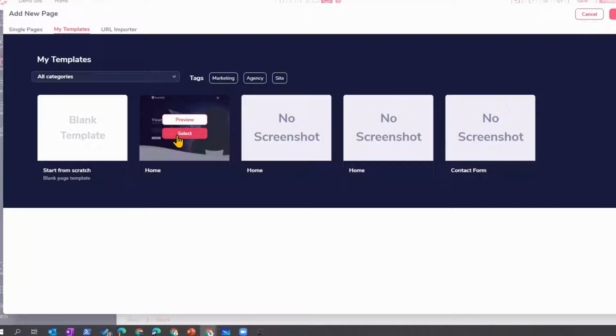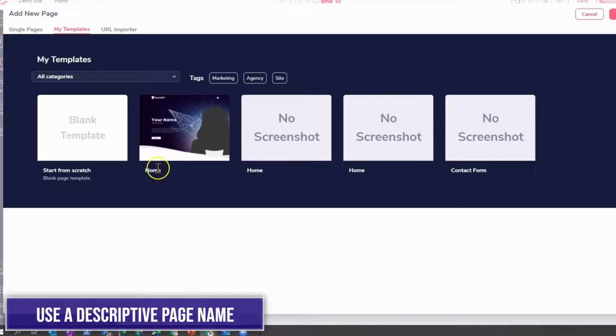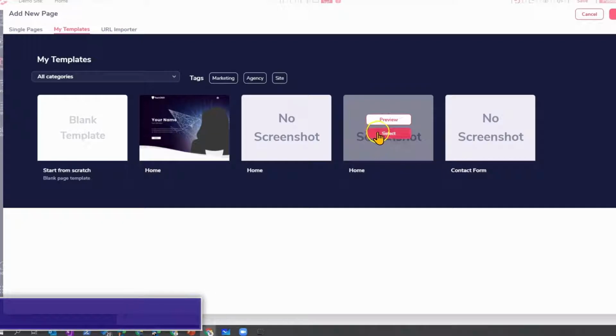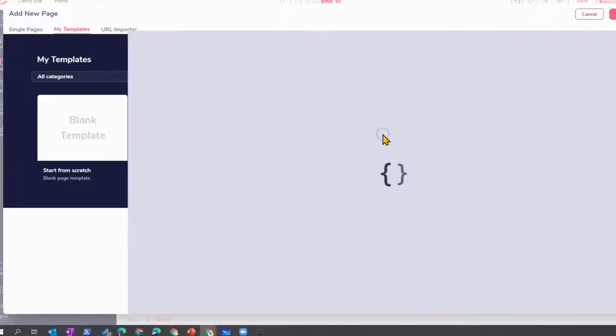The important point in that interface is that for now we cannot delete templates. So don't try. You can see I have created a few templates, and there can be a lot of templates in the long run. I'm sure they will give us a way to delete templates, but for now we cannot. So the main thing I suggest is that when you make a template page, be sure to have a name that is meaningful, because as you can see here, no screenshot. This page here is an example of